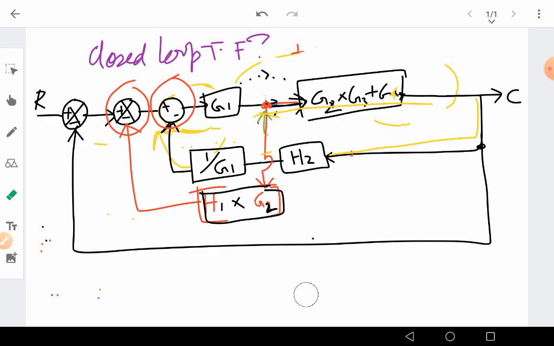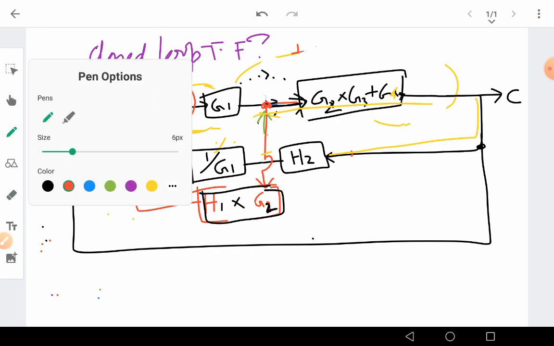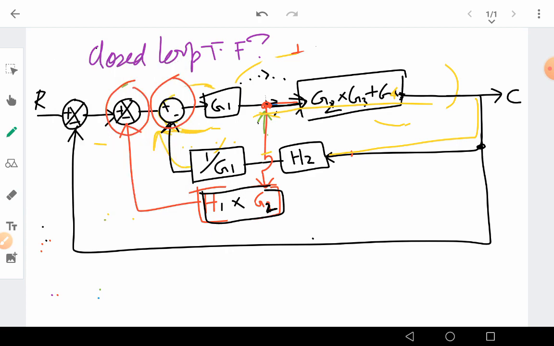So I can exchange these two summers. Which two summers? These two guys, these two summers I can interchange. So what will happen? I'll get a closed loop here, I can get a complete loop here. So what can I do? I'll just exchange these two things, right? So let me do it. So what will happen if I exchange these two things?